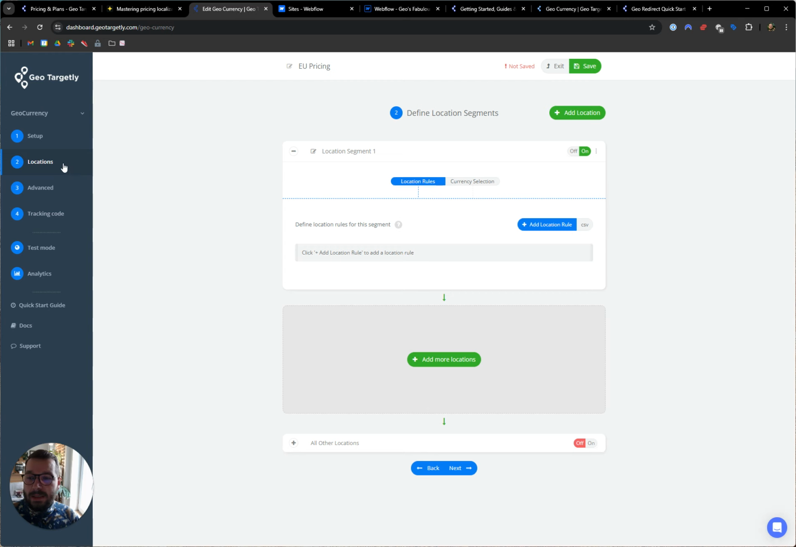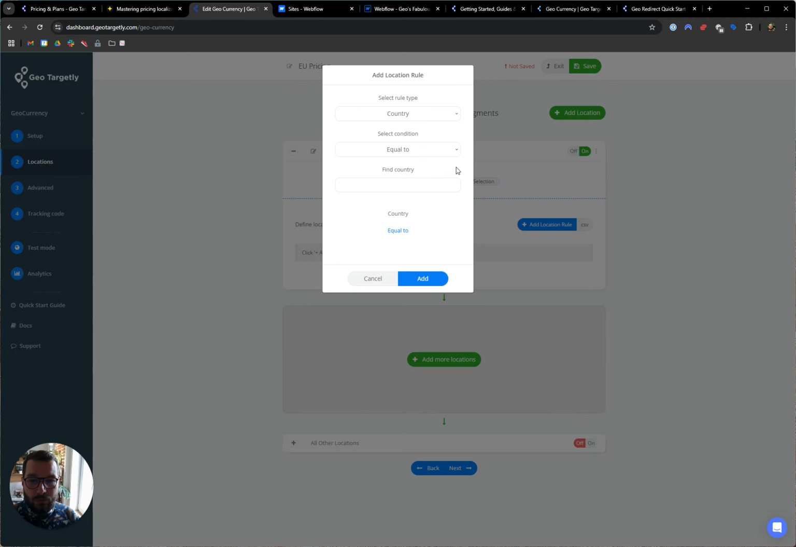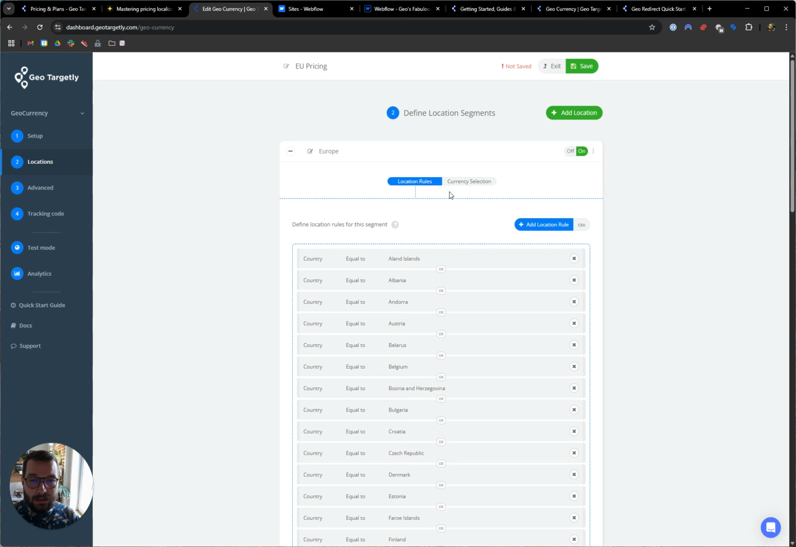Moving onwards, on the second step, you need to set up locations. And what I want to do is change the currency for all the European countries to euro. So I'm going to name the location segment Europe, and in the location rules, I'll select if the continent or region is equal to Europe, I will then trigger a